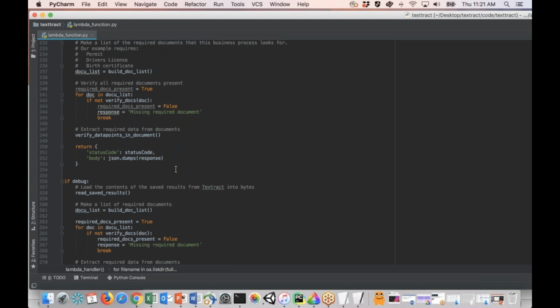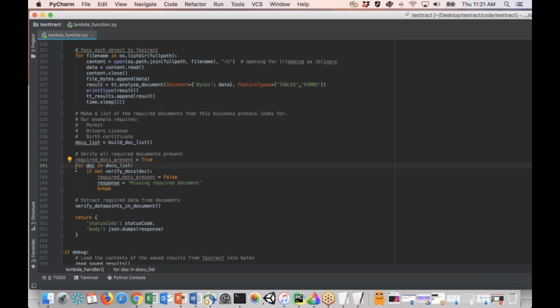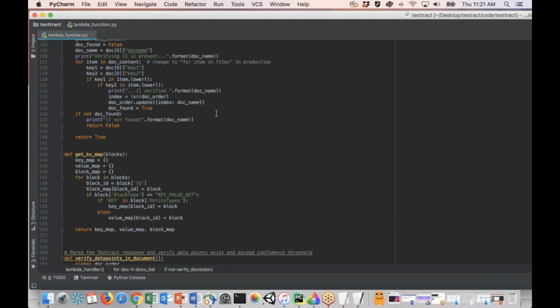And I'm going too slowly. I do apologize. And so here I'm going to verify that the required documents are present. How you do this, I've simply wrapped it in a simple loop, and I've created this little function called verify docs. And very simply,